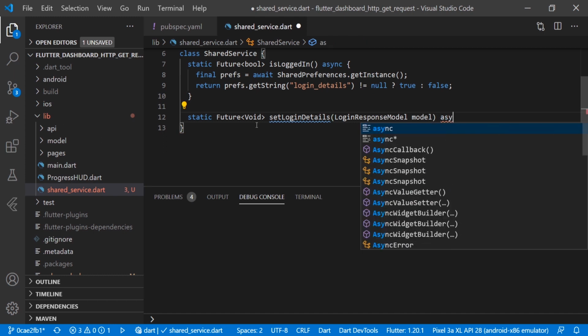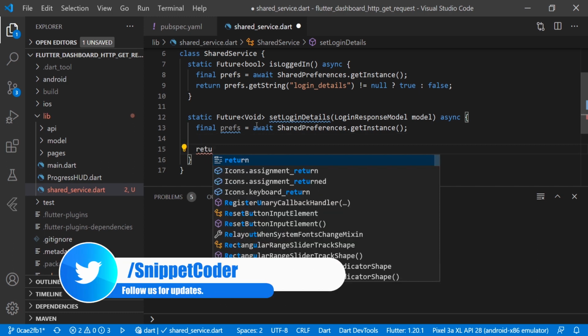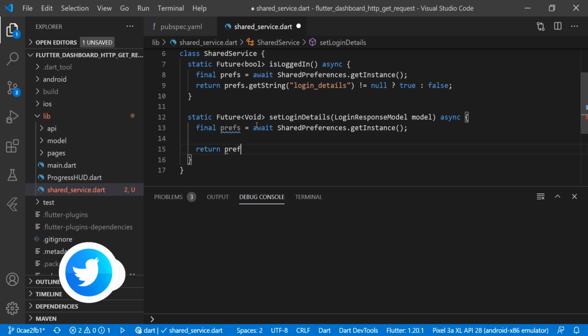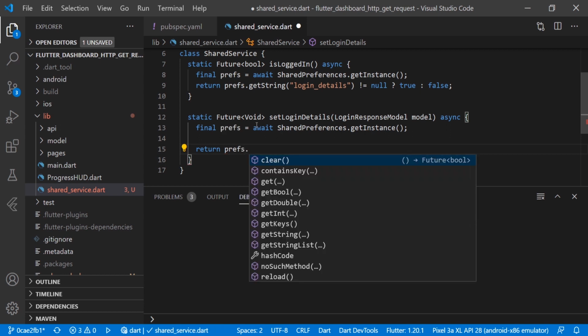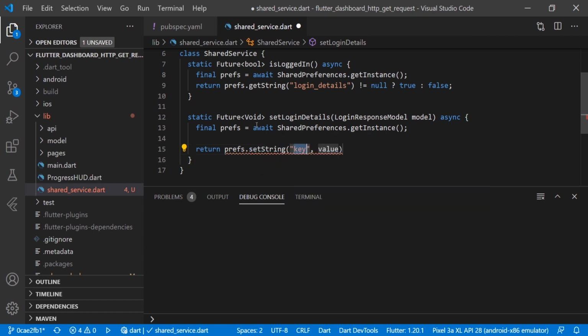We will make it async, and here we will return preference dot set string, and here we will pass the key name, and the key name is login_detail,